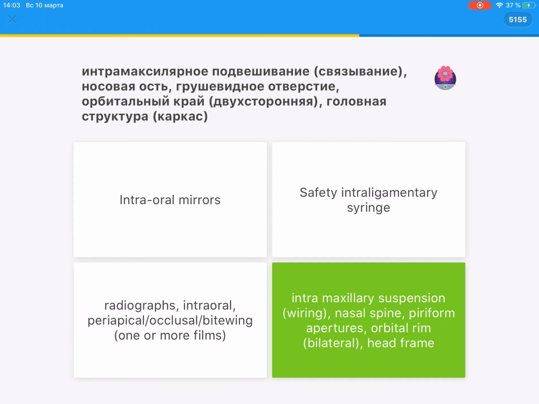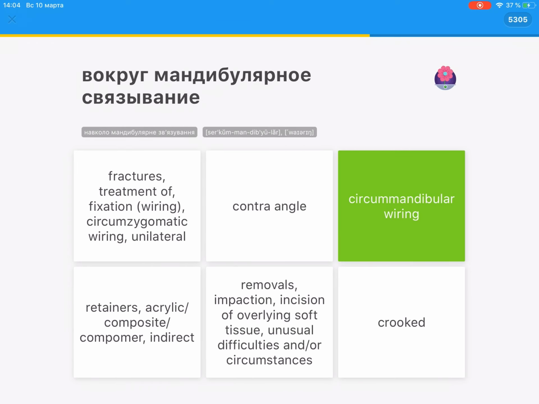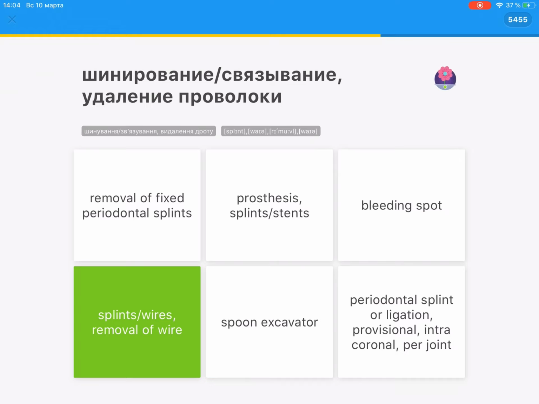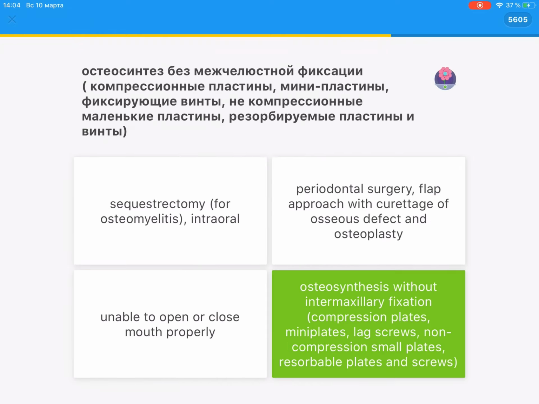Intramaxillary suspension, wiring, nasal spine, piriform apertures, orbital rim, bilateral, head frame, circummandibular wiring, splints, wires, removal of wire, osteosynthesis without intermaxillary fixation, compression plates, mini plates, lag screws, non-compression small plates, resorbable plates and screws,